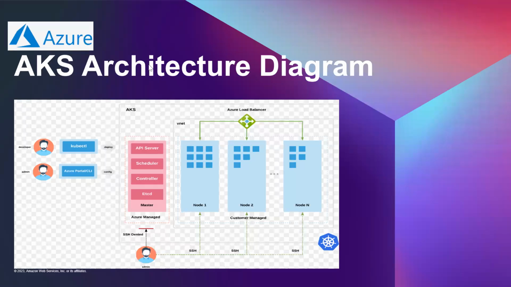Hi, here we are going to see about the AKS architecture diagram, how it communicates between the master and slave nodes, I mean worker nodes. So if you see here,